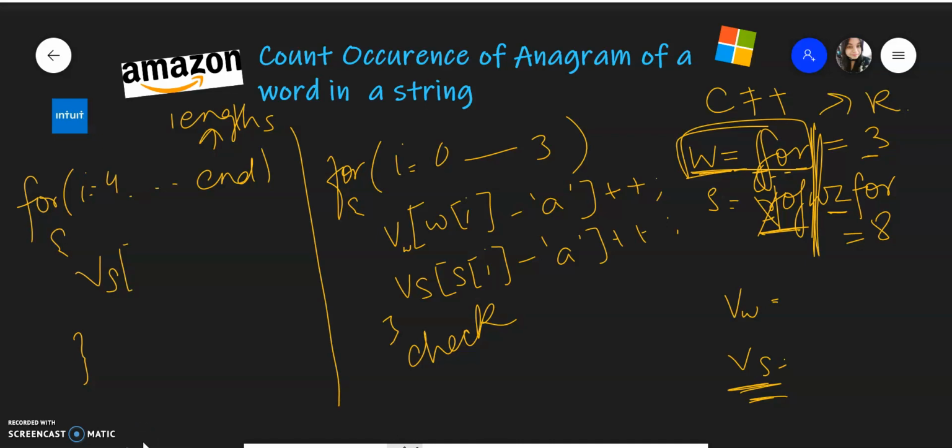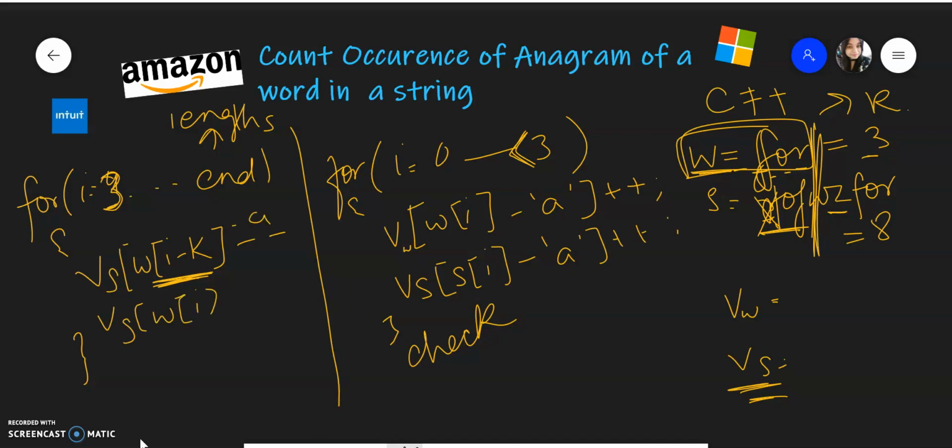So if this is i, then what we are going to do is w of i minus k, right? So this is the character that we had to remove. For example, right now it is 4, and i was 3. So w of i minus 3 is the first character. Or if you're taking a 0-based index, this will actually start from 3, because this was less than 3. So this will come out to be 0. We'll remove this. That means we'll do a minus minus, and we are going to add the character.